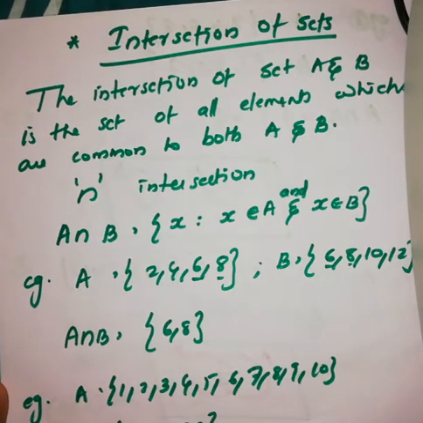So we are discussing operations on sets. We first discussed the union operation and its properties. The next operation we are going to study is the intersection of sets. The intersection of sets gives another set which contains elements common to both sets. That means when we take the intersection operation on any two sets, that operation gives a new set containing only the elements common to both sets A and B.